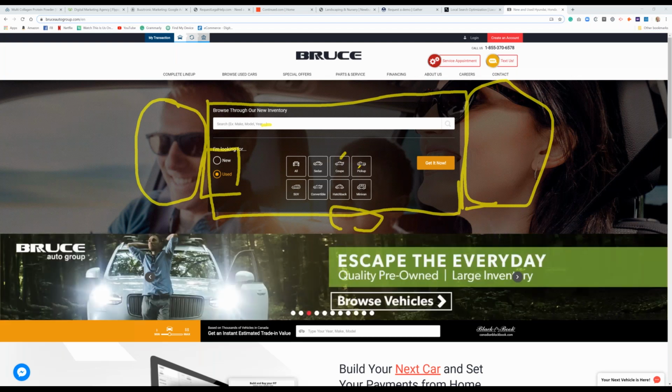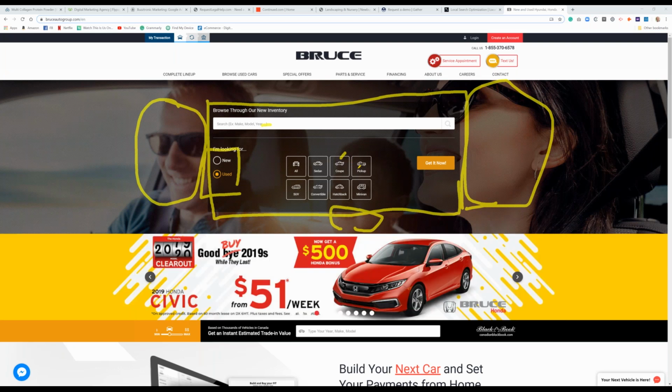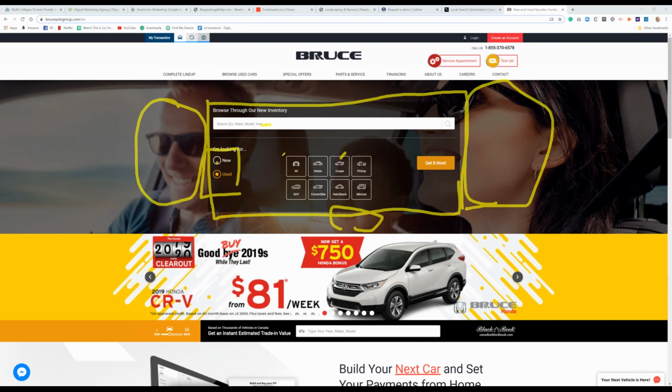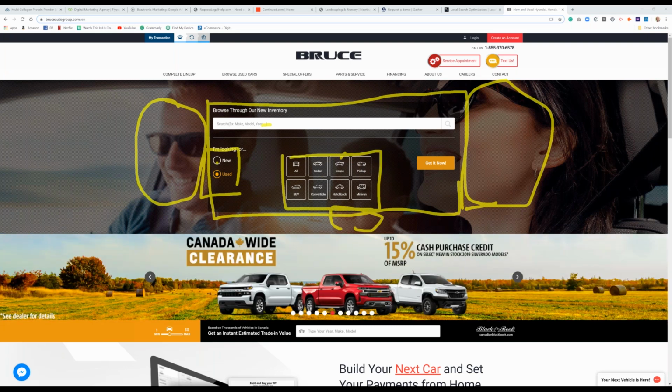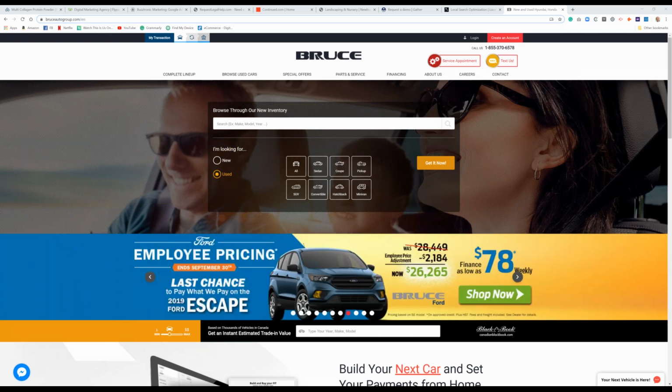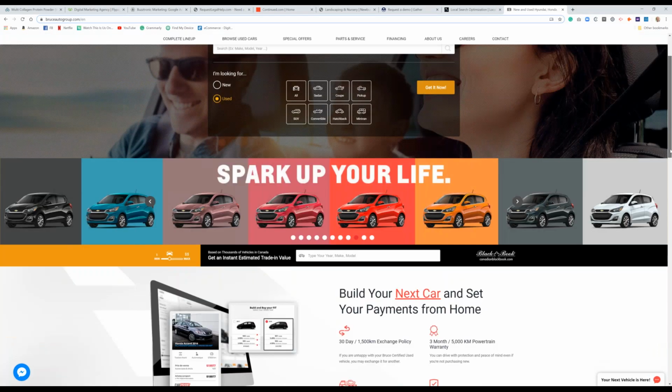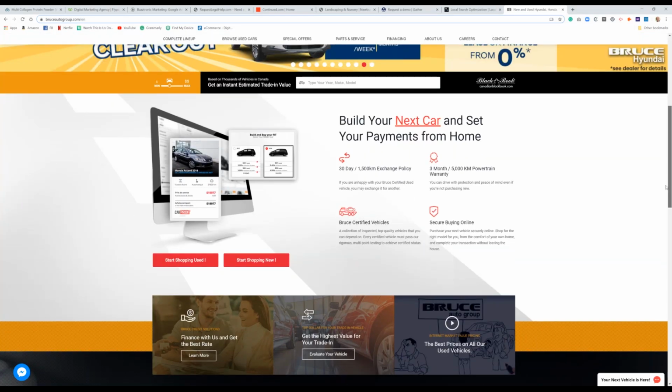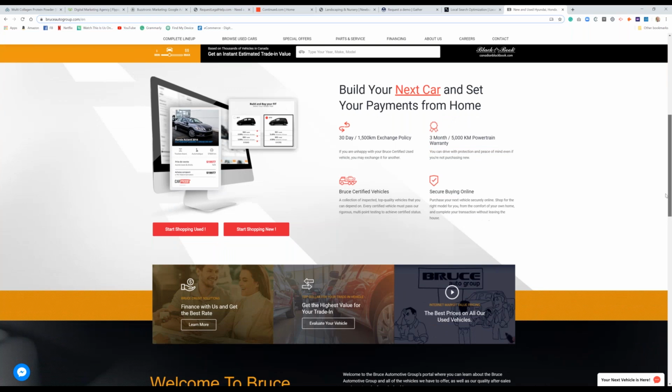And just do it via progressive disclosure, one question at a time, instead of even having this radio button on the left and then the select of the cars in the middle. But the key here is, I think, to get rid of all of the noise and the visual distraction on this page as much as possible. If we go down the page, the page actually becomes a lot cleaner, right?